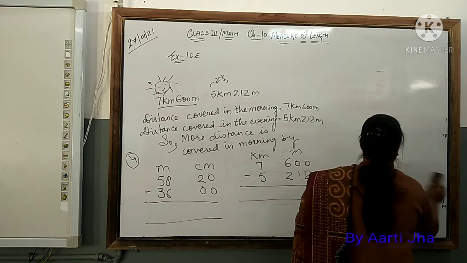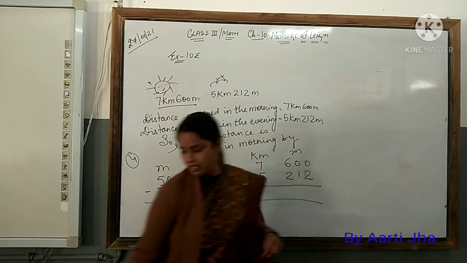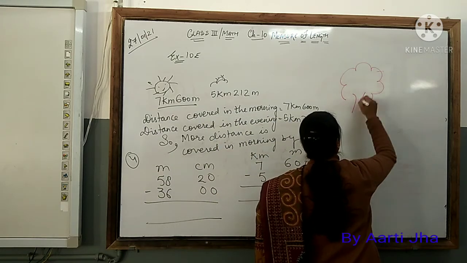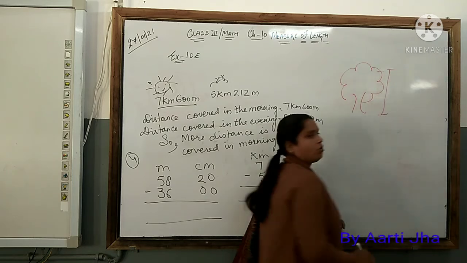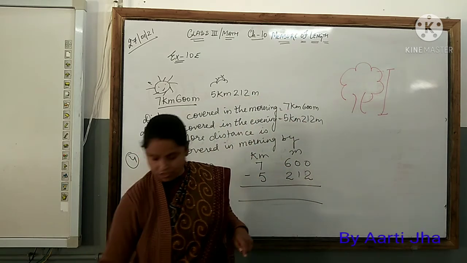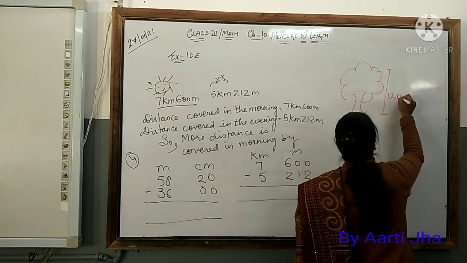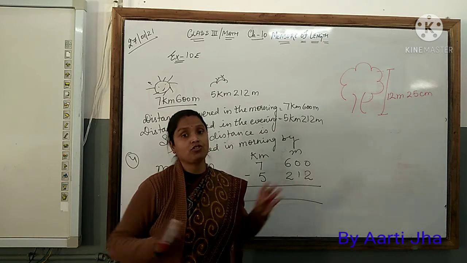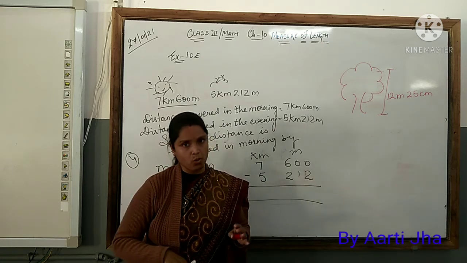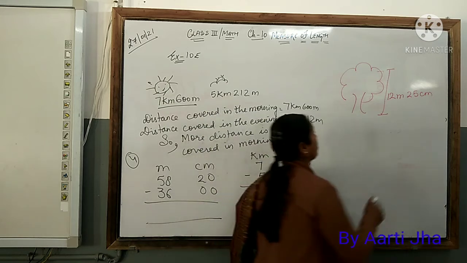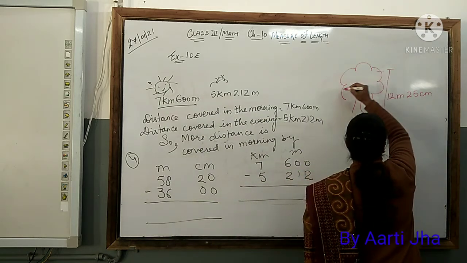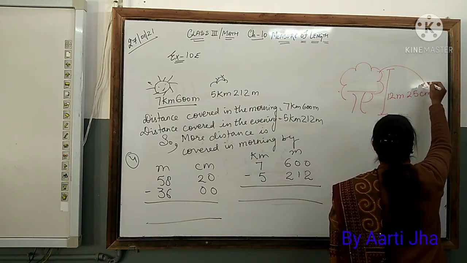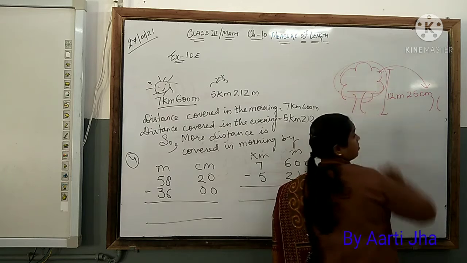Question 5 says, children, this is the tree. Okay, this much tall is the tree. Tall, you know, is the height. How much is the height? This is the height of the tree. Now, after the strong wind, the tree part is broken. Okay, when it has broken, this much part has fallen down. So after falling down, this much is left and this part has gone.